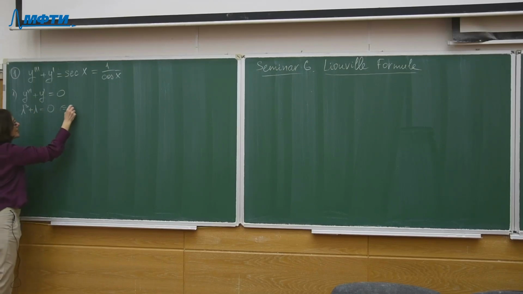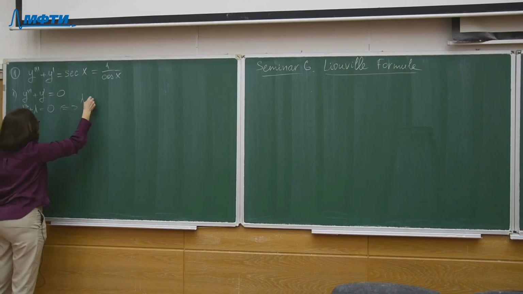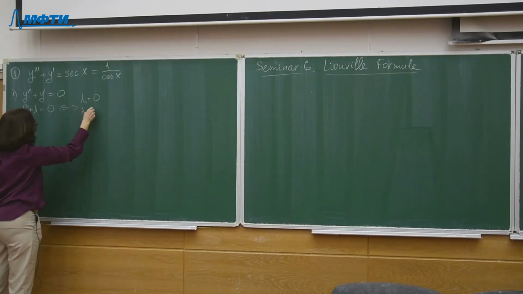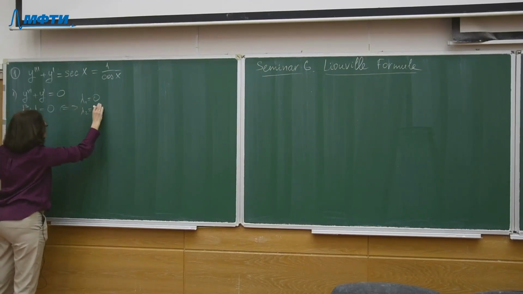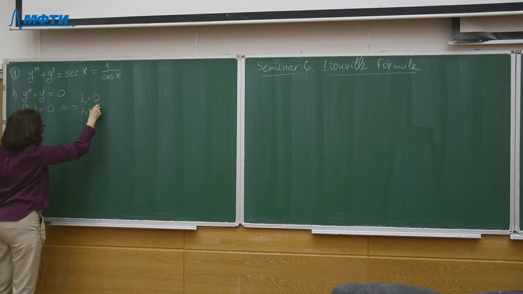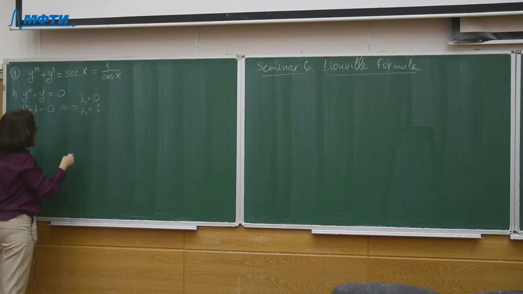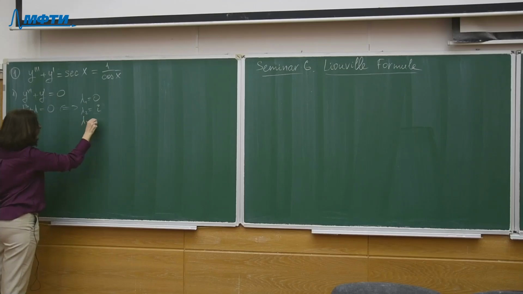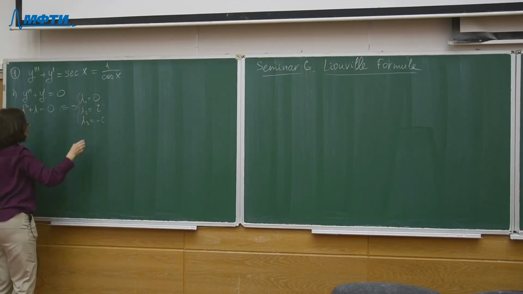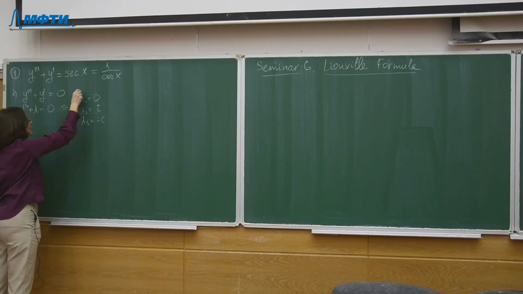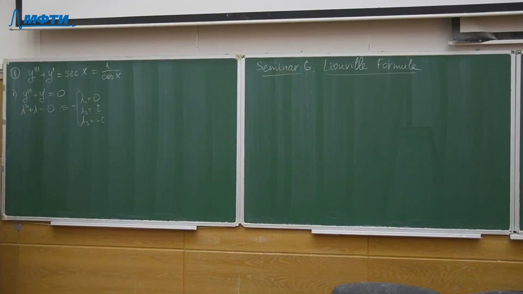Then the roots are lambda 1 equals 0, lambda 2 equals i, lambda 3 equals negative i. So 3 roots. Then the general solution to this equation will be